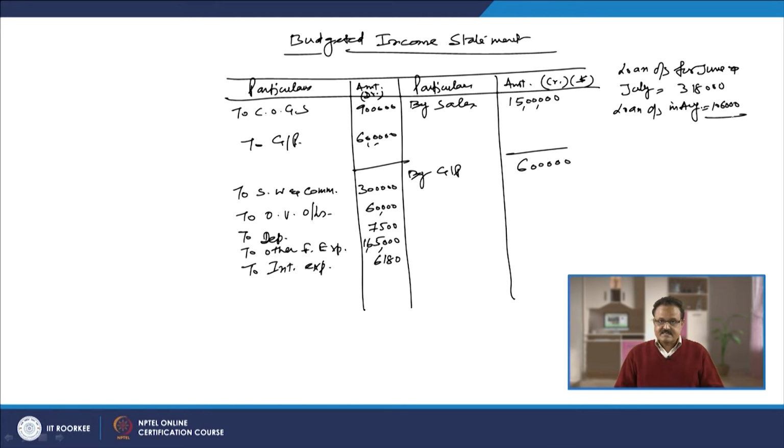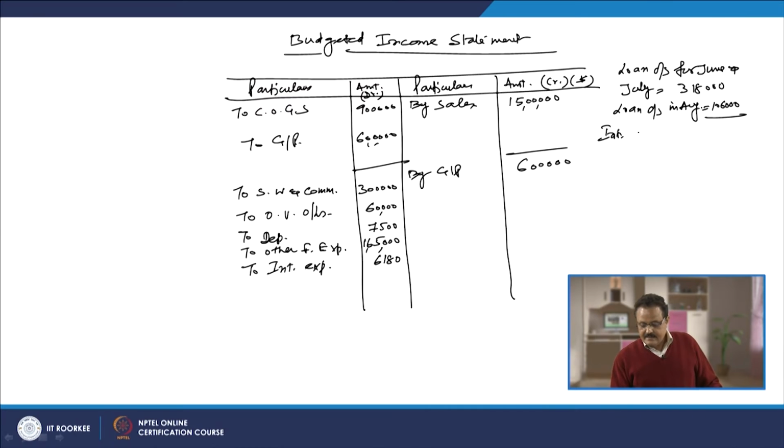period of 2 months at the rate of 10%, and on the balance of 106,000 for how many months? For 1 month only, at the rate of 10%. So, we have calculated this interest expense, you will call it interest expense, this way: that is 318,000 into 2 by 12, 2 months we have used this money, into 0.10, that is 10%, plus